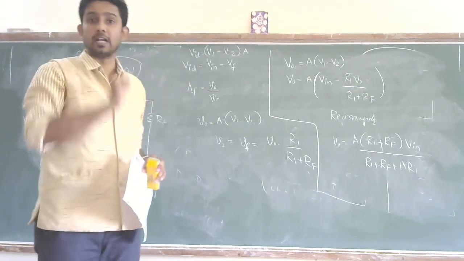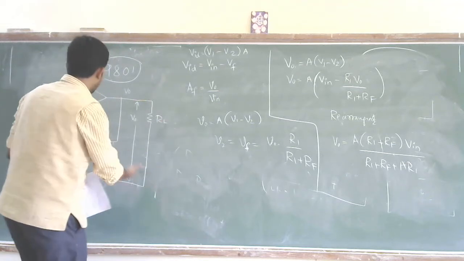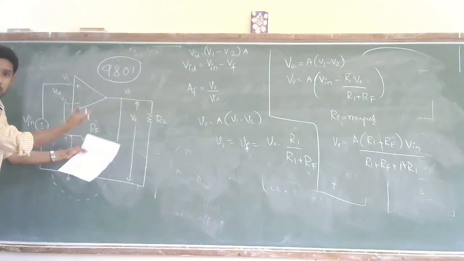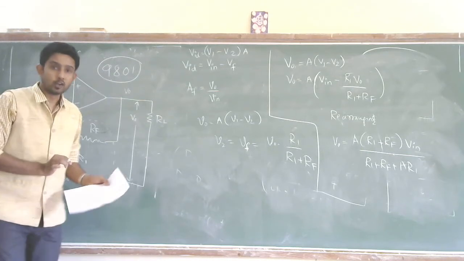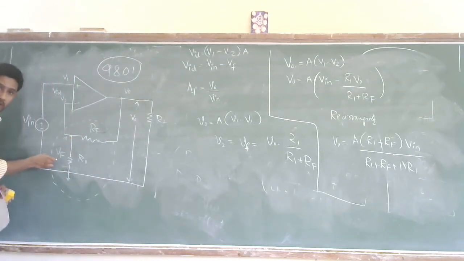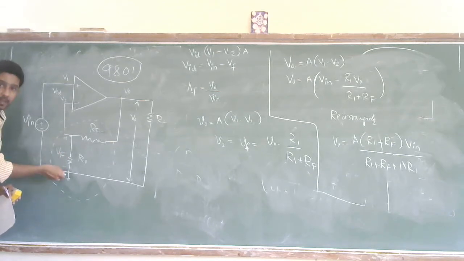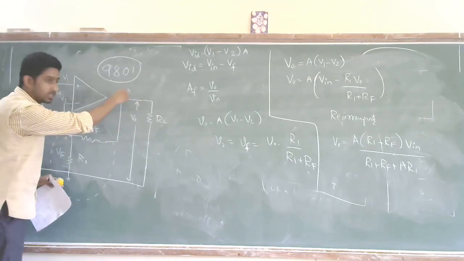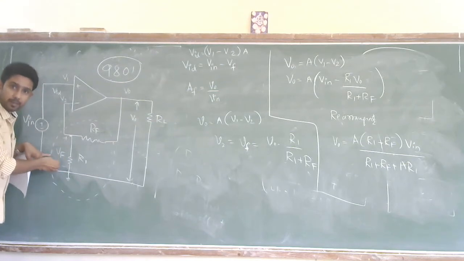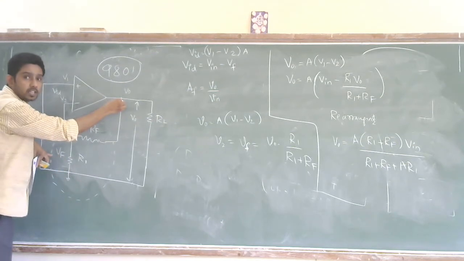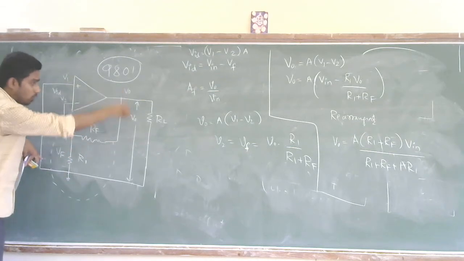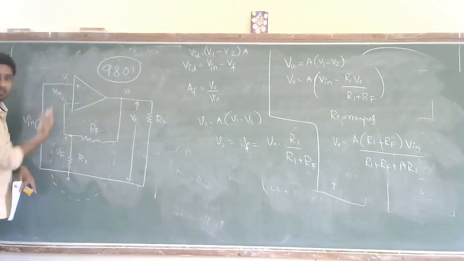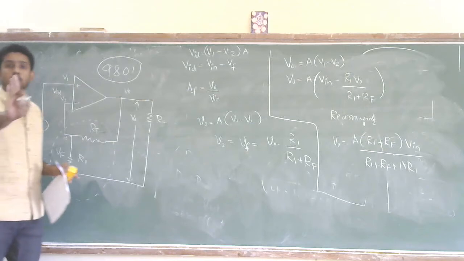VF is dependent on the output voltage. So to understand that, let's look over here. In the previous concept, I told you about the voltage division formula. So where is my feedback voltage VF? It is across R1, and it is there because the output is there. For VF to come, the output voltage must be there. So the voltage across R1 is fed back into the input. That is what I want you to understand.